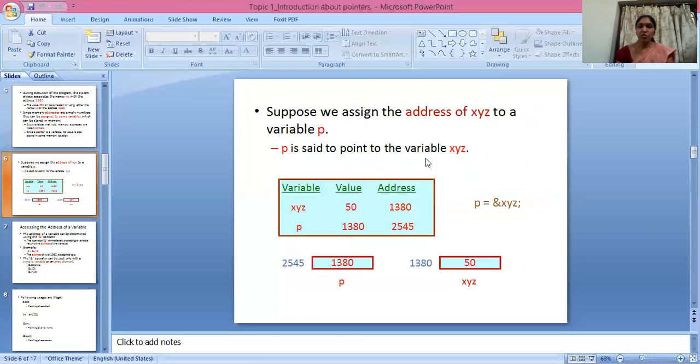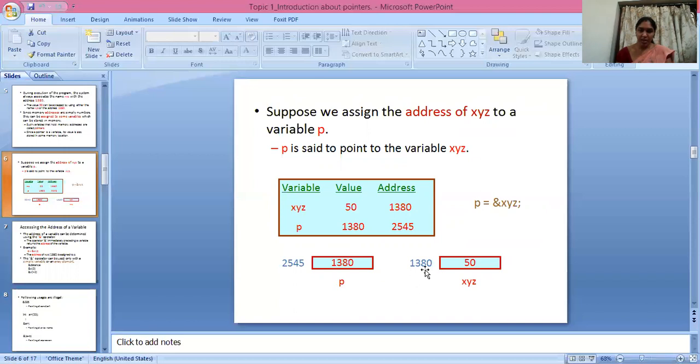Next, suppose we assign the address of xyz to a variable p. p is set to point to the variable xyz. Here xyz and p are variables, 50 and 1380 are values, and the addresses are 1380 and 2545. 2545 is the address of p, and 1380 is the value of p.